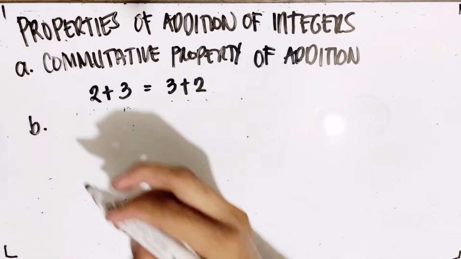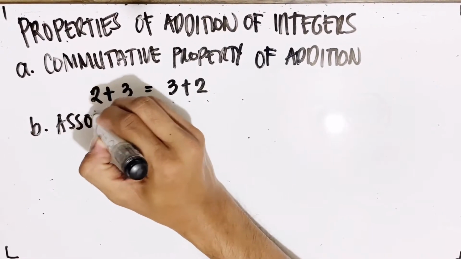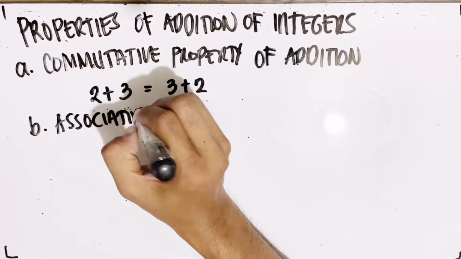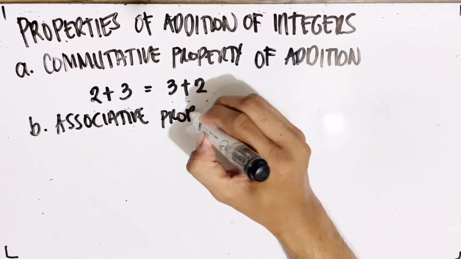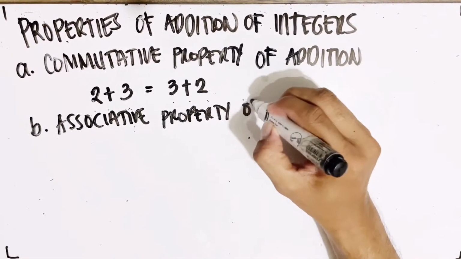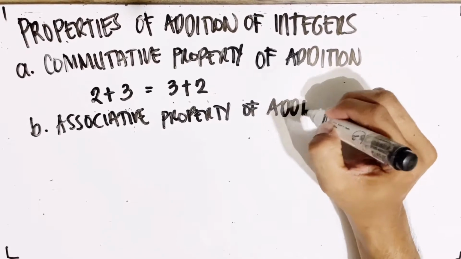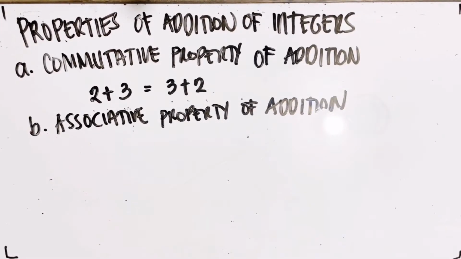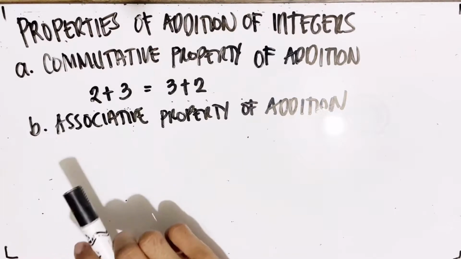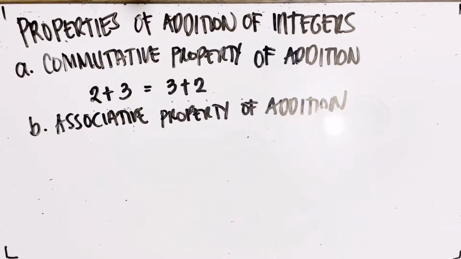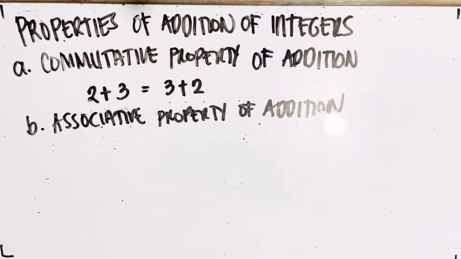Second property is the associative property of addition. So, associative property of addition states that changing the grouping of the addends does not change the sum. So it means even if the addends are interchanged, the sum will not be affected. So examples: